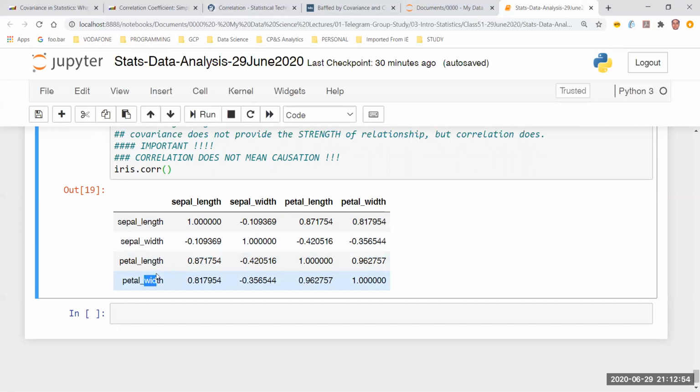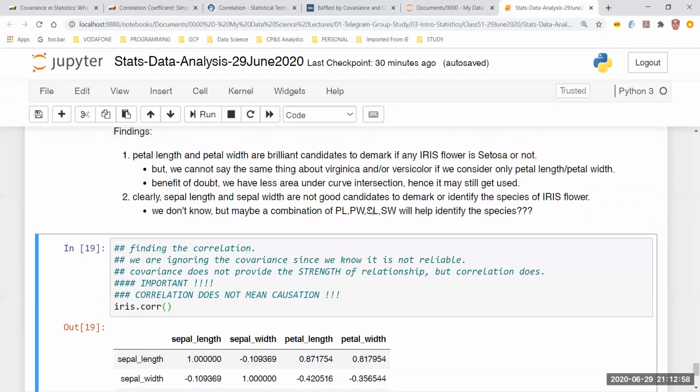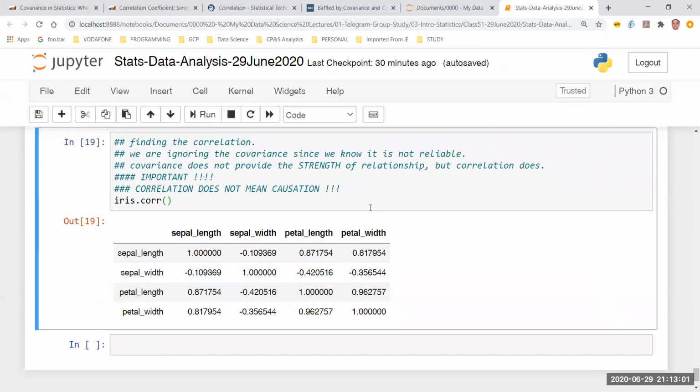But if I look at this number, I can say there is a huge positive correlation between petal length and the petal width. But I don't have the 4th value. I don't have the species. This is a very, very problematic thing, because I wanted to know the correlation or the effect of each and every feature on the species, right? But I cannot get that. Can anybody guess why I am not able to get that?